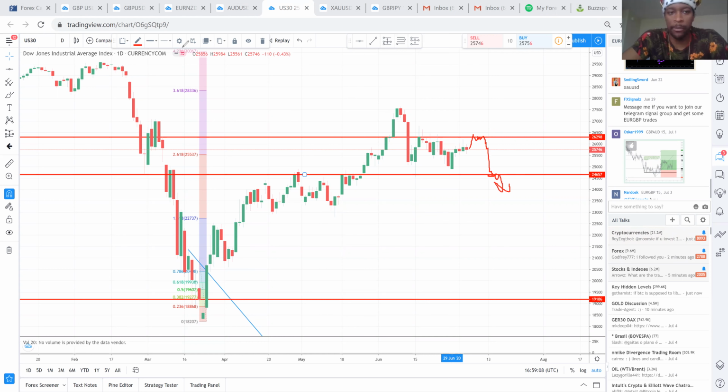But it all depends on how the market is doing with the whole unemployment situation, because of the whole corona effect on the Dow. Or we see it potentially coming up here, breaking here, and then creating a new high. If it breaks here, it'll create a new high, maybe come down to retest and continue to shoot back up. That's if it breaks this area over here on the daily. But right now, I potentially see it coming up just to come back down.